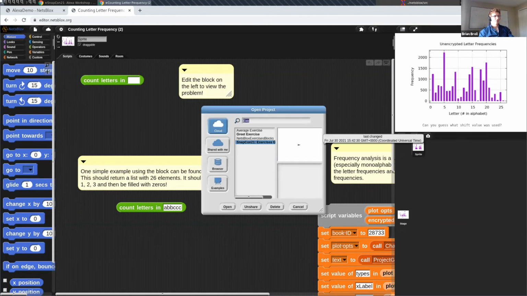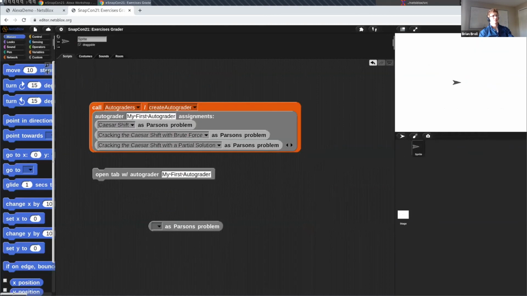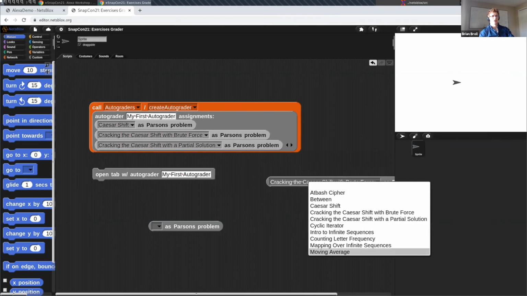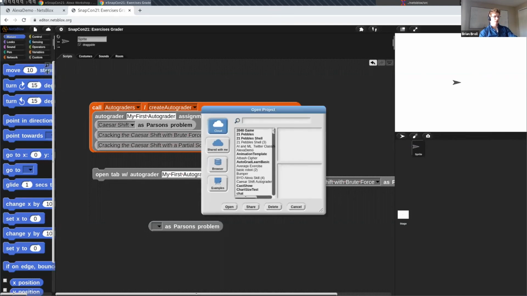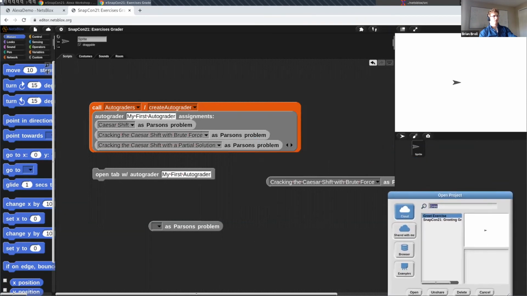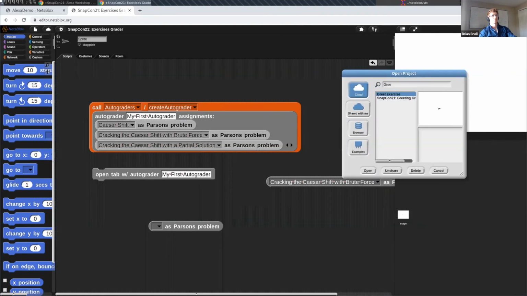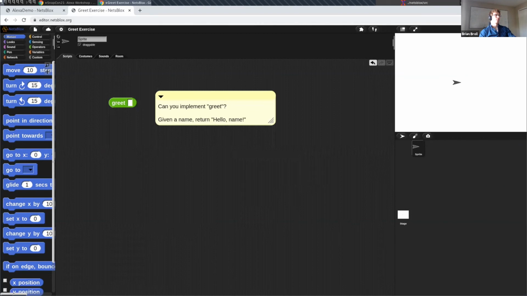Some of the exciting things are that you can create this from a curated set of exercises, where you can simply select them from a drop-down menu, some that have been created here by us on the NetsBlox team, or you could create your own. This project follows a similar structure to what we've seen with the service creation and some of these others, where we build this configuration that then makes this auto grader available.